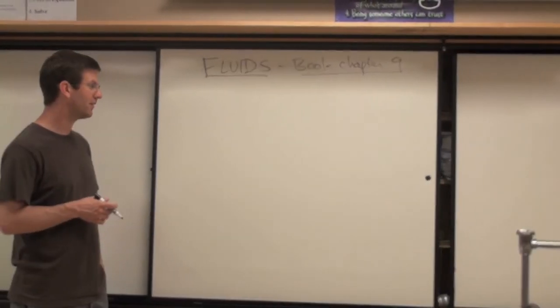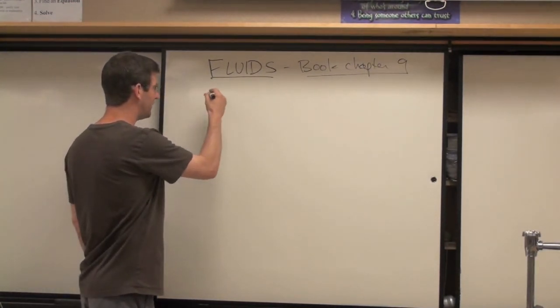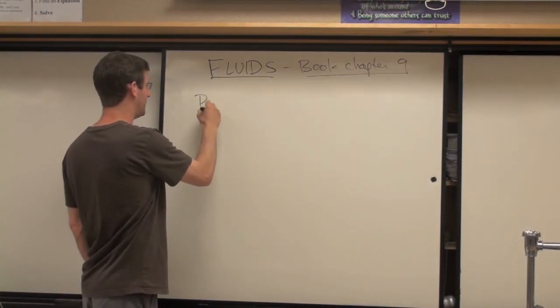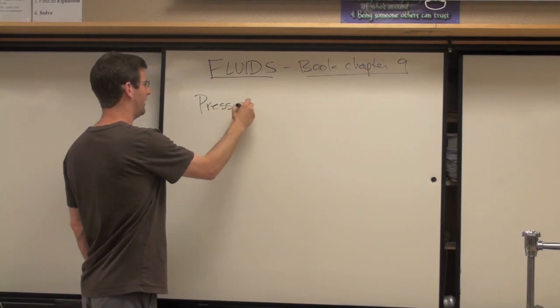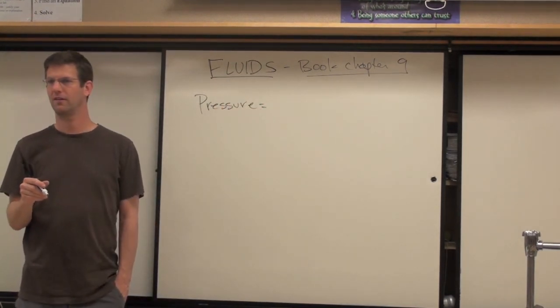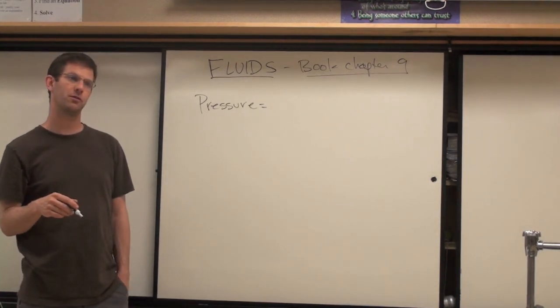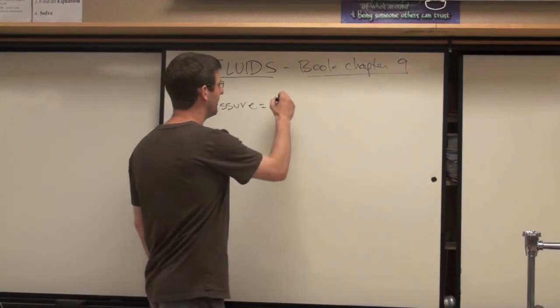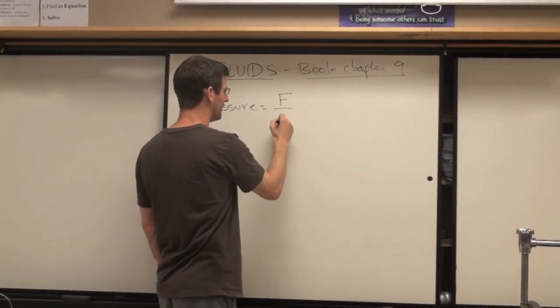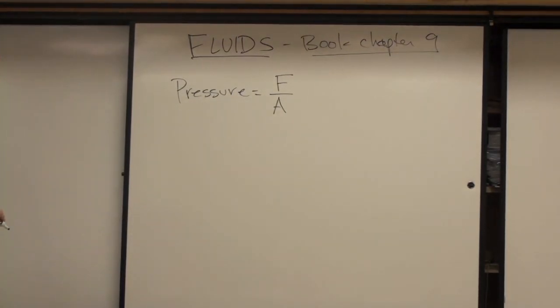Shape of the container, all that good stuff. So to start with, I guess we need to talk a little bit about our definition of pressure again. What's pressure? Pounds per square inch or newtons per meter squared. In terms of formula, that would be force over area, right? So pressure is force over